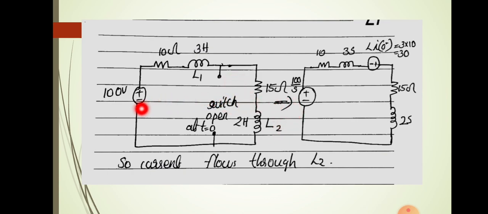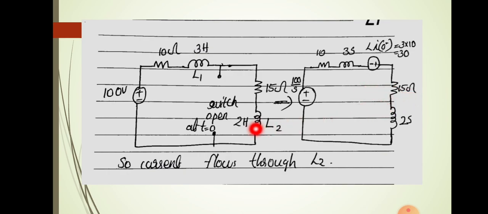So when we are finding the S-domain equivalent circuit corresponding to this circuit, what will it be? Instead of 100, it is 100 by S. Instead of R, R itself. Instead of 3 Henry, you know that initially there was a current through this 3 Henry. So we can represent it as 3S in series with a voltage source whose polarity is minus plus, and what is the value of that voltage source? L into I0 minus. What is I0 minus? I0 minus is 10 and L is equal to 3. So 30 will come here, and instead of 15, 15 itself.